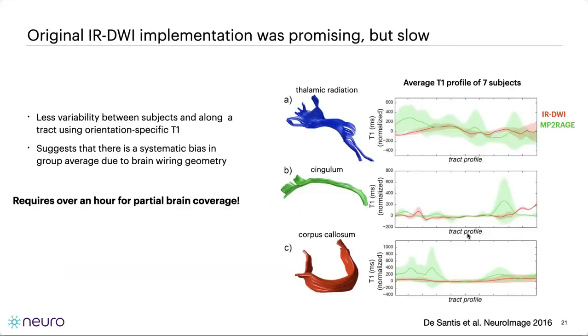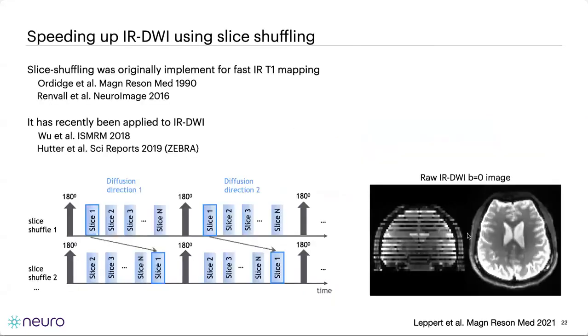The issue is that for a slab that covered about half the brain, it took them basically over an hour to acquire. So they're not going very far with this. It's a proof of concept that was really beautiful. So we really wanted to bring this further. And so we started working on this and teamed up actually with John Panimetti's lab in Boston in order to